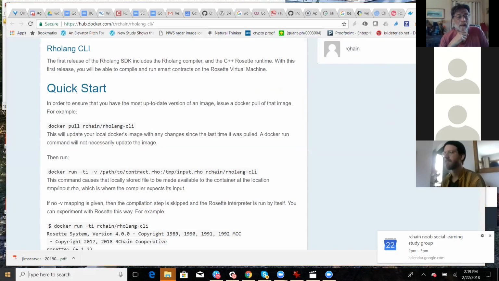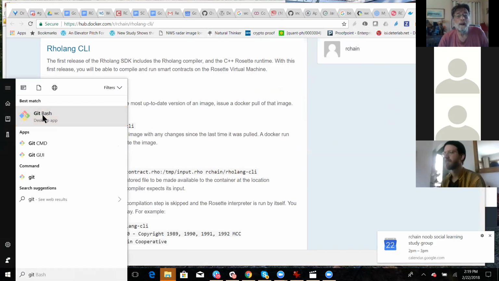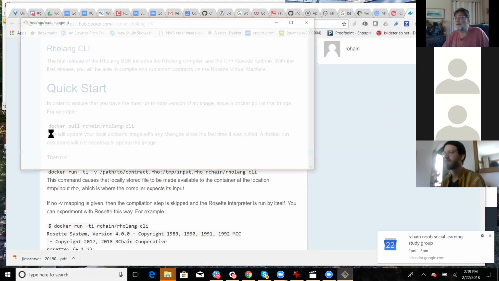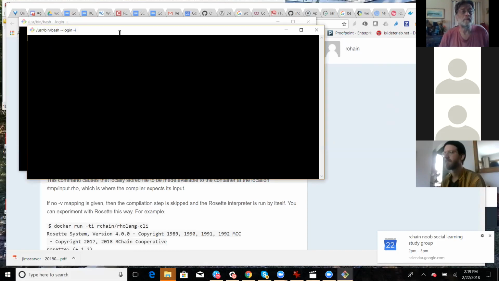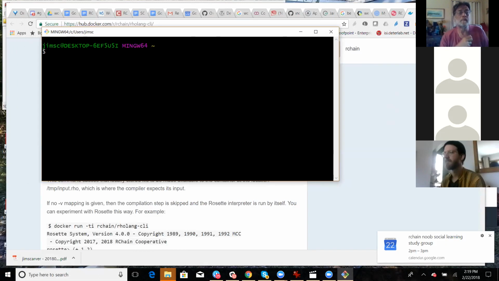Yeah, that's a completely different project. The JetBrains Rholang thing is a bounty project being done by someone to just be able to write and highlight the syntax of Rholang files of the language in the editor. It doesn't have anything to do with this. Do we need that or do we not need that? No, you don't need that. Do you have Docker installed? Yeah, go ahead, Jim. I don't right now, but